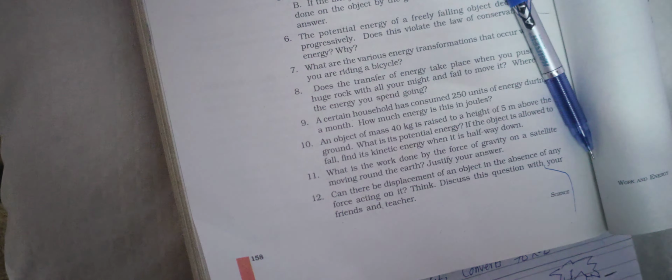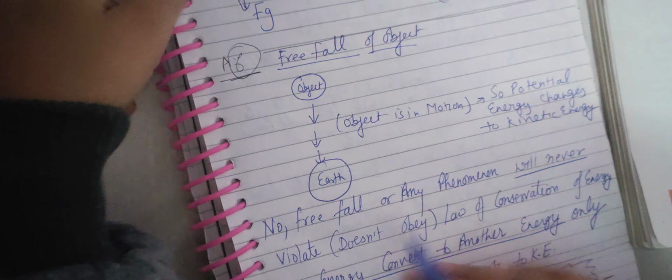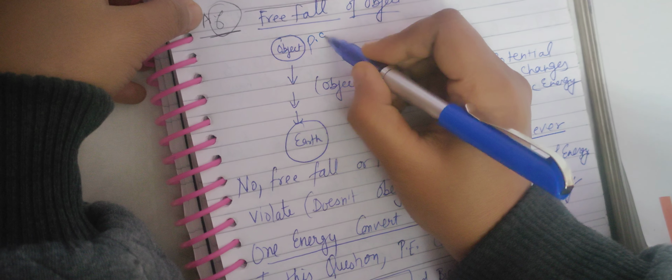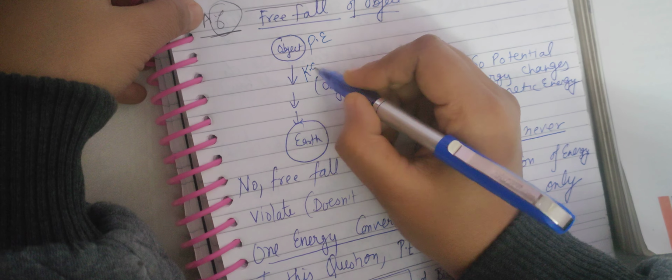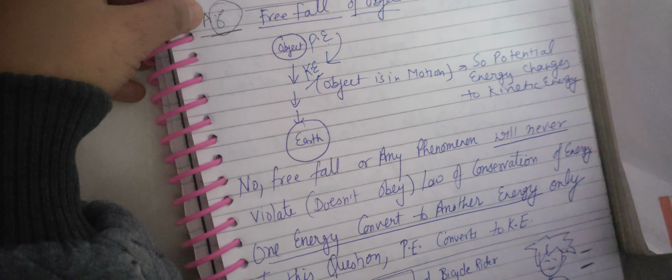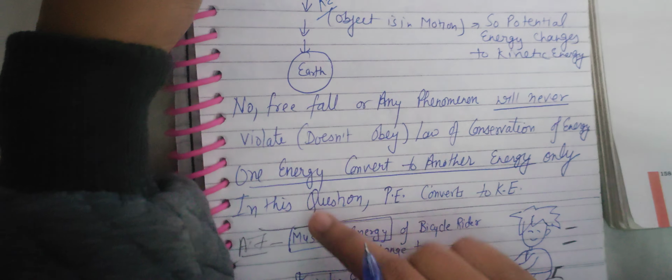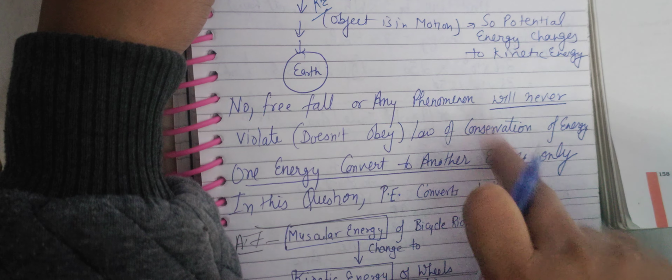So when you throw the ball, what will happen? You are holding a ball in your hand. It has potential energy. Now you will throw the ball. What will happen? That potential energy becomes kinetic energy. So when you are throwing, one energy is changing into another. How is it violating? It is not violating. See what is happening here. The object here has potential energy. Now it will move here, it will become kinetic energy. So one type of energy is changing into another type of energy. So free fall will never violate the law. Okay, now the next question is,